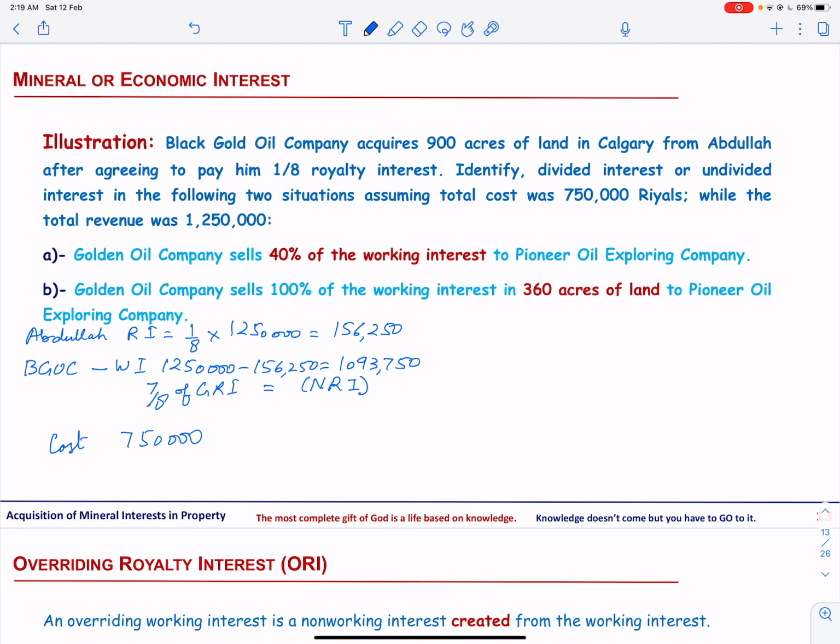Let us now look into the first case and analyze whether it is a divided or undivided interest. In the first case, Golden Oil Company sells 40% of the working interest to Pioneer Oil Exploring Company. So,